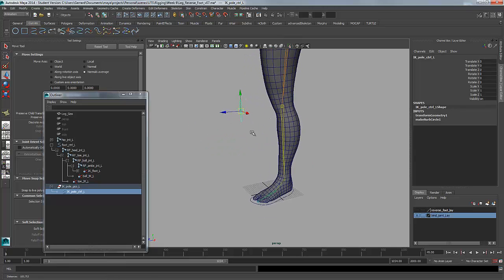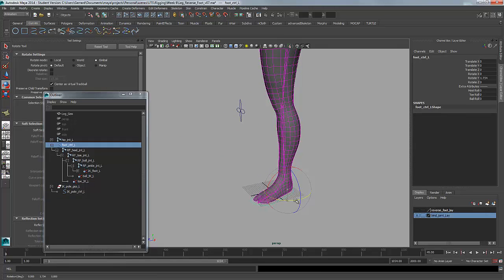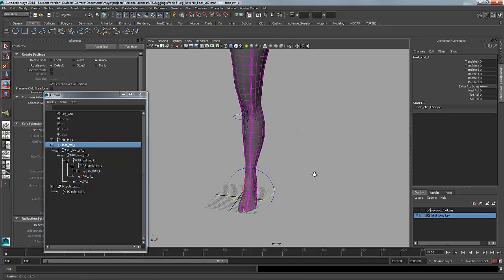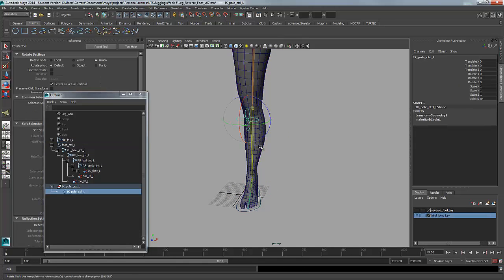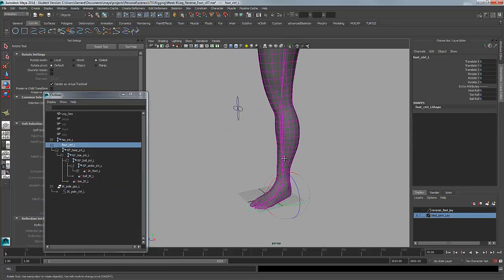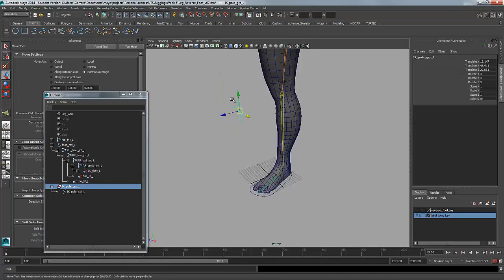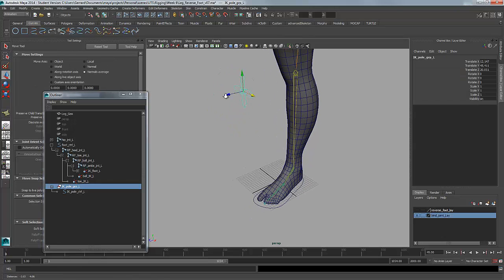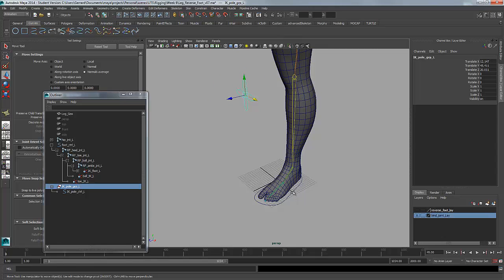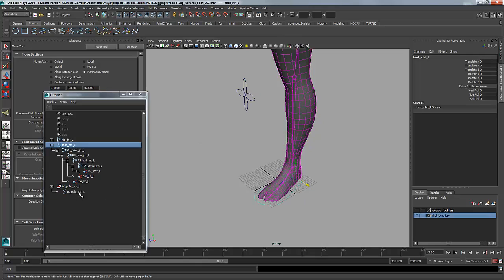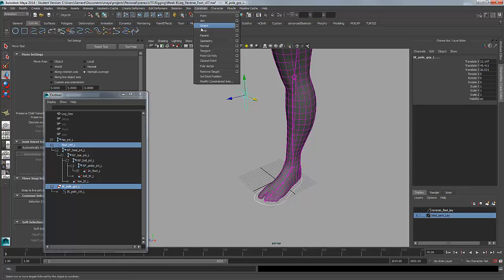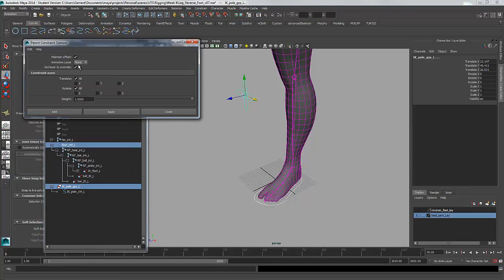The only thing that remains to be done is just, if I turn this at the moment, you can see that these guys sort of move around separately. What I would really like to have happen is for this guy here to follow what the foot's doing. So what I'm going to do is just select the IK pole group that I made that's centered around this. And I'm going to grab the foot control curve and then control click the IK pole group and then just do a constrain, parent constraint, with maintain offset ticked and hit